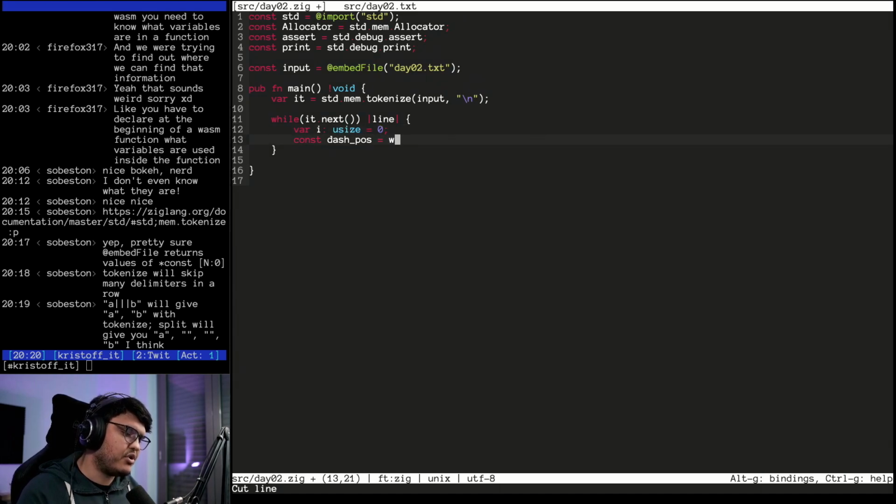Then dash pos is while line at position i is different than the dash, we do i plus one. Let me think.